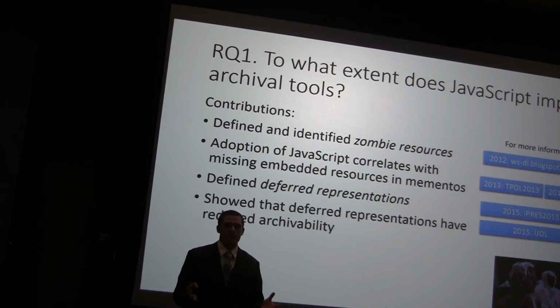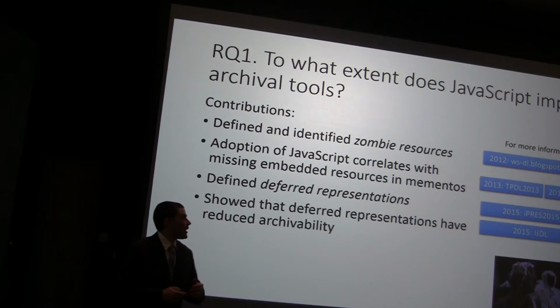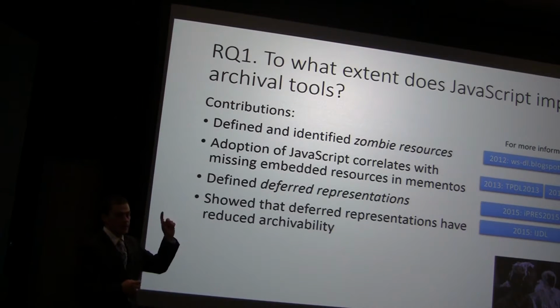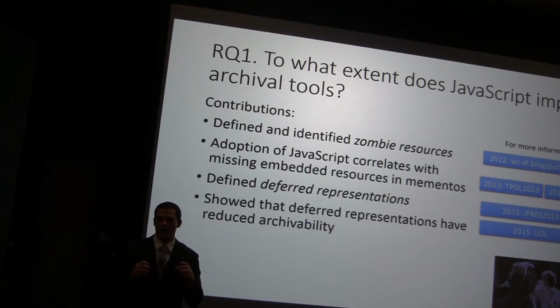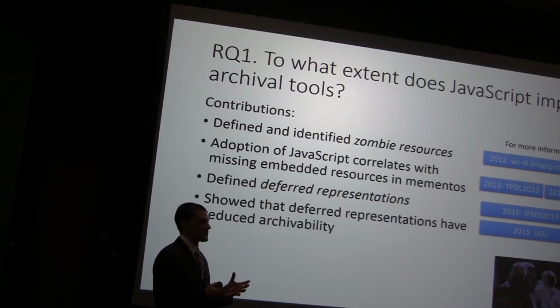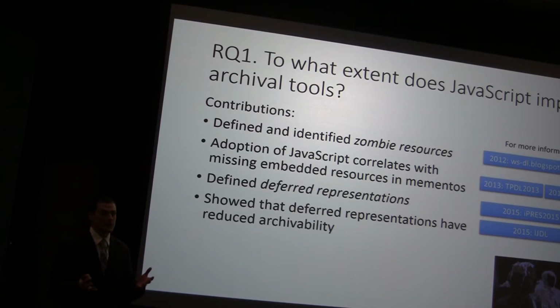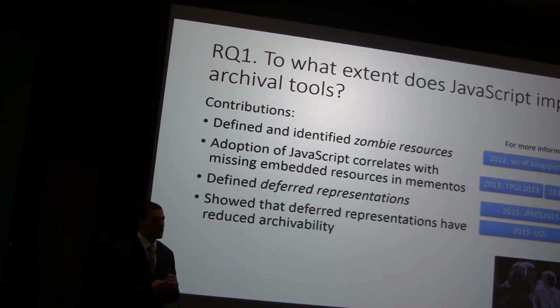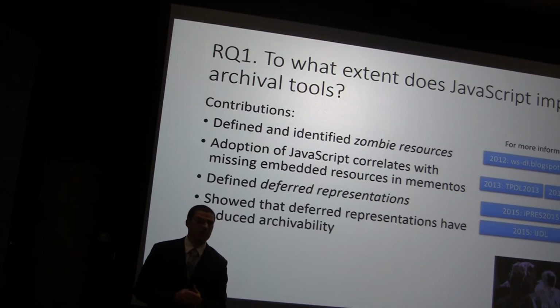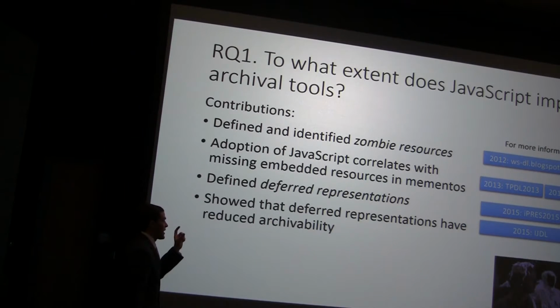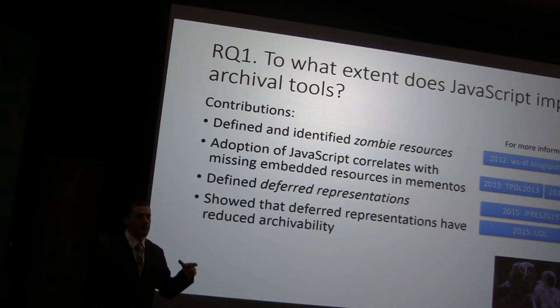So in conclusion, if we go back to the 3 research questions that we posed at the beginning, we first wanted to know to what extent does JavaScript impact the archival tools and therefore the archives. And to do this, we defined a few terms. We defined the terms deferred representation and zombie resources. And we showed that the adoption of JavaScript to load embedded resources correlates to missing embedded resources in our archives. And we also showed that deferred representations have reduced archivability, meaning they aren't as easy to archive as their non-deferred